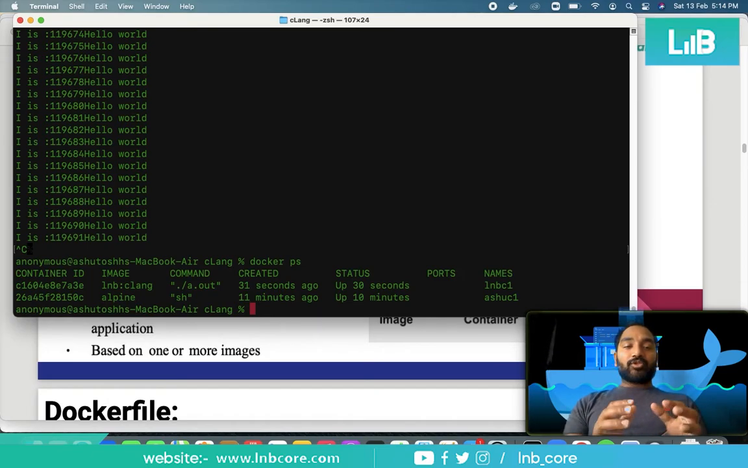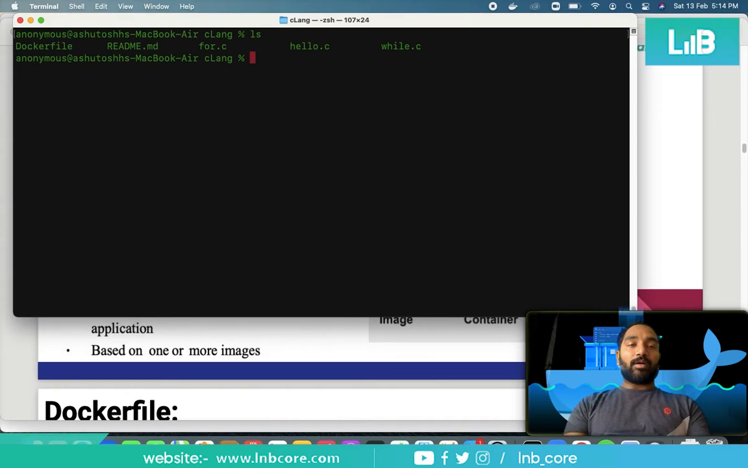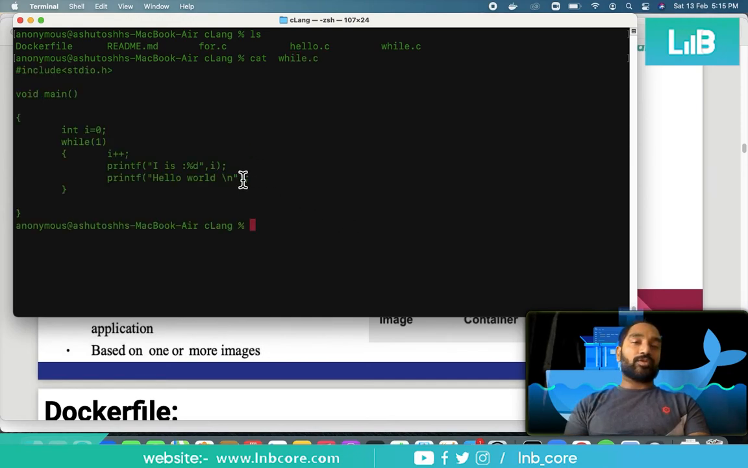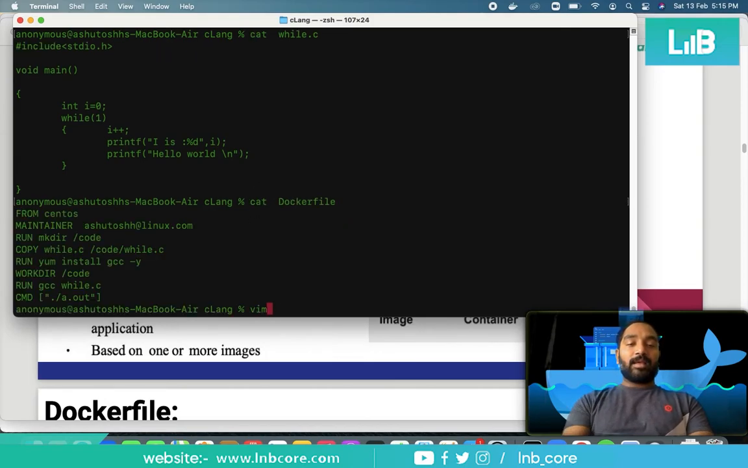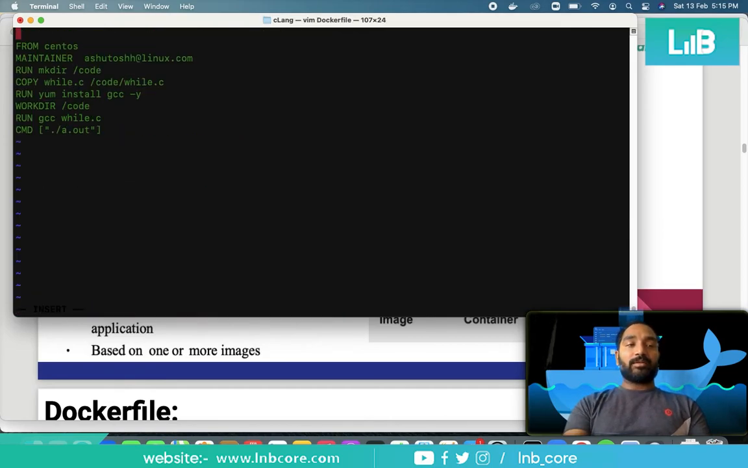Okay, so in this particular thing, what we have seen, we have a code, let's say while.c, and I don't want to install the C language platform on my Mac, Linux or Windows. So what I did, I wrote a Docker file, and let's say this is my Docker file. If I explain a little bit, here I'm saying to my Docker engine